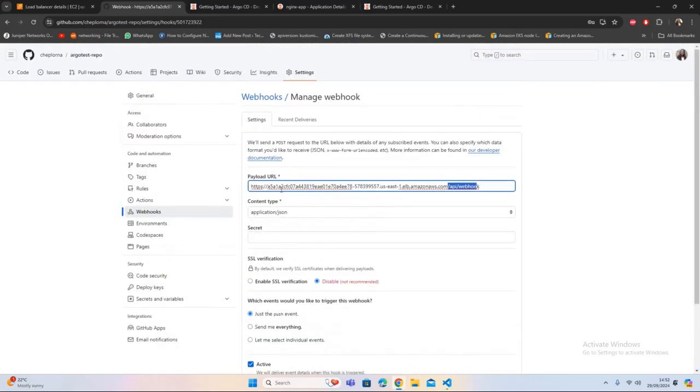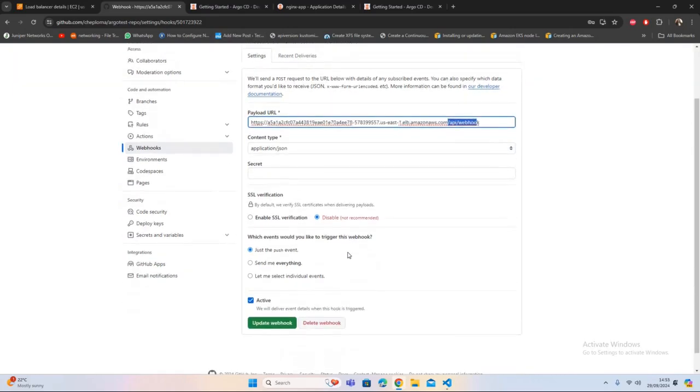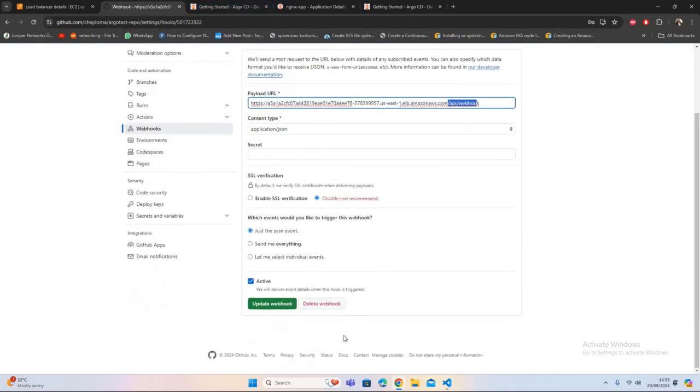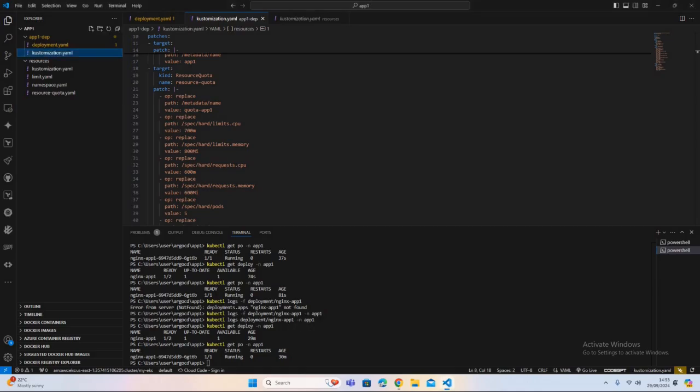So this is my webhook, so that every time I do a push, it's going to make changes to my application in Argo CD. So that's the only thing that I needed to do. If you have any questions, let me know in the comment section. I can clarify. So once I created the webhook and I did git push over here,